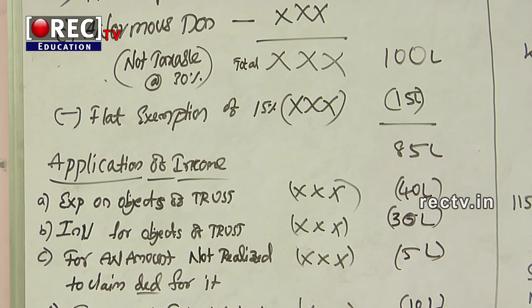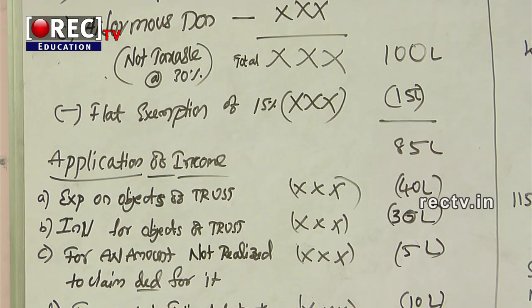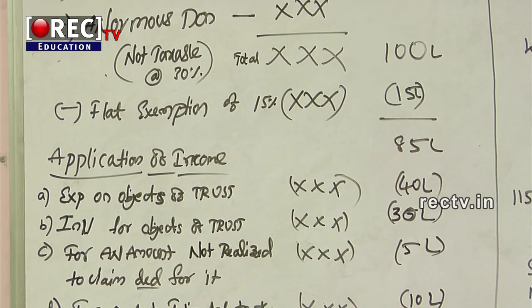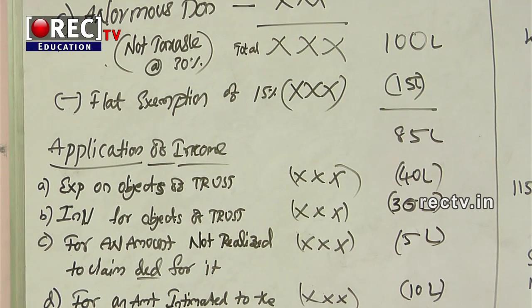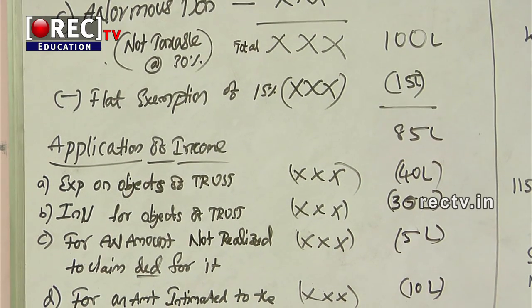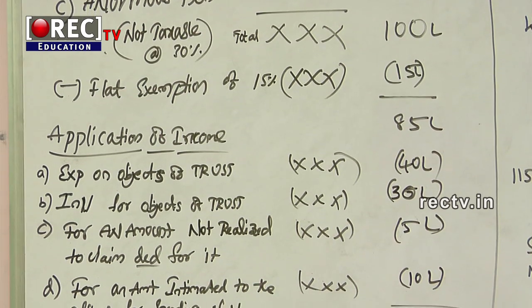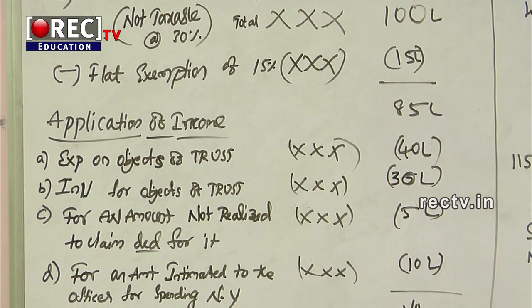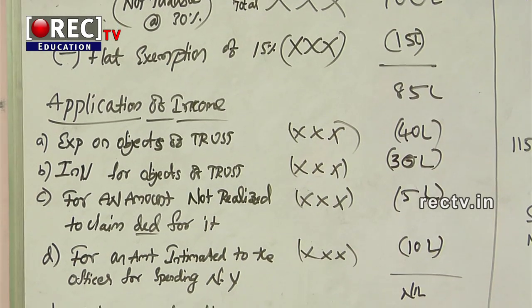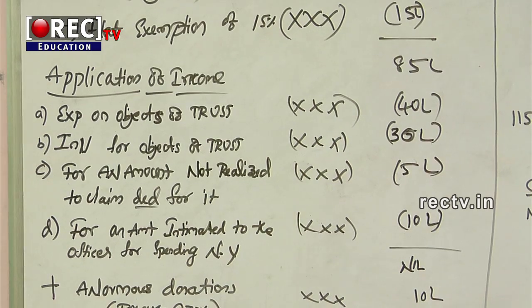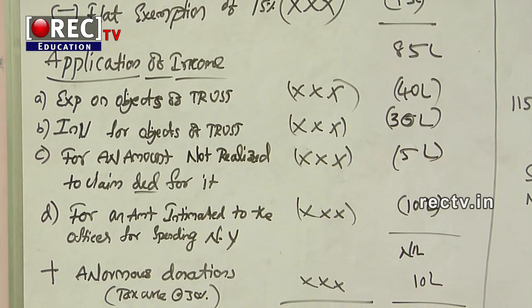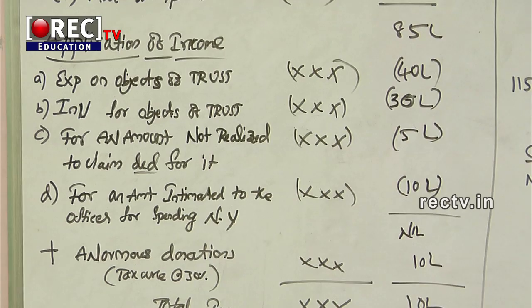If an income to a trust is exempt under section 10, still such income should form part of the source of income. Example, if the property in trust is shares of a company, the dividend income, though generally exempt, has to be offered as source of income. So friends, any income that is exempt as per the Income Tax Act should also be treated as a source of income to the trust. The portion of anonymous donation which is not taxable at the rate of 30% has to be offered as source of income.